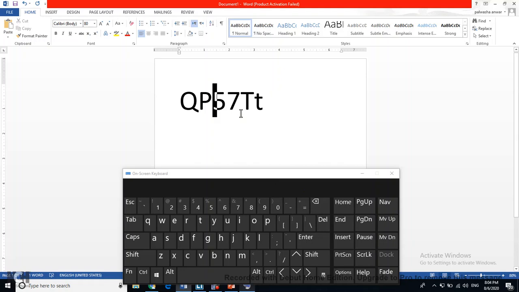Now next, here we can see that this is the enter key. What is the function of this enter key? The enter key is basically used to move your cursor to the next line. For example, here's the line that I'm writing, the name of the country, Pakistan. Now I want to move my cursor to the next line, and then I will write another country name, that is